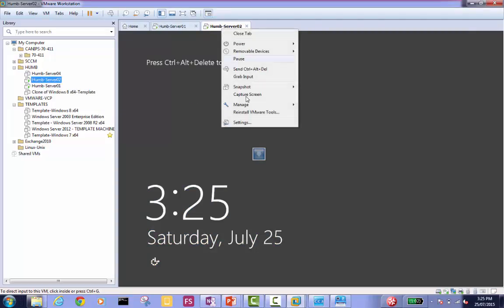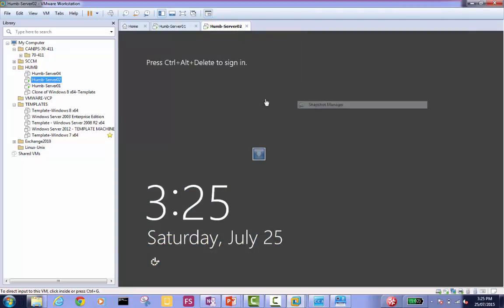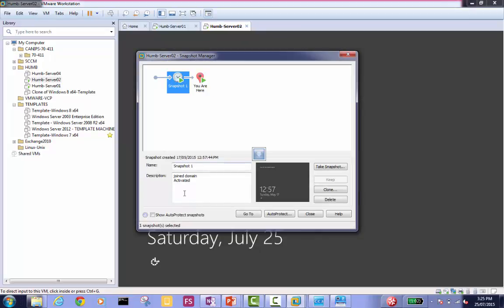Okay, my member server, does it have a snapshot? Yes, it does. Where is it? Snapshot is join the domain and activate it. Exactly. I need just a member server that is activated and just joined to the domain. That's all. So now I would never have to create a new machine.